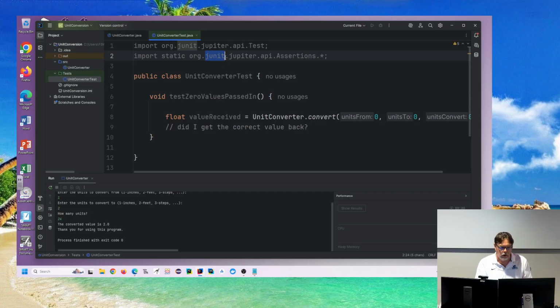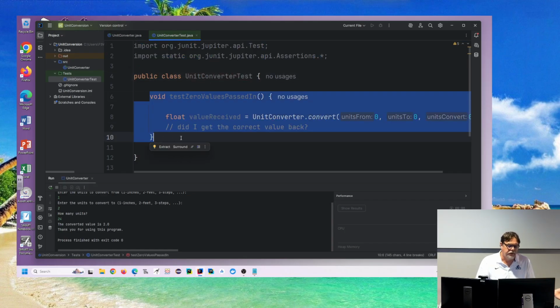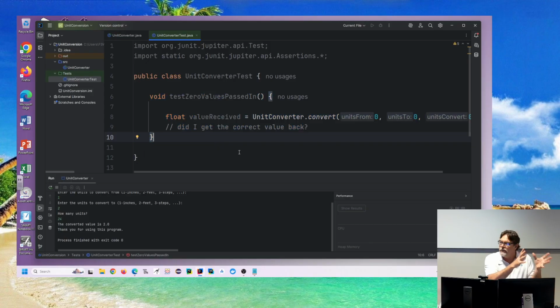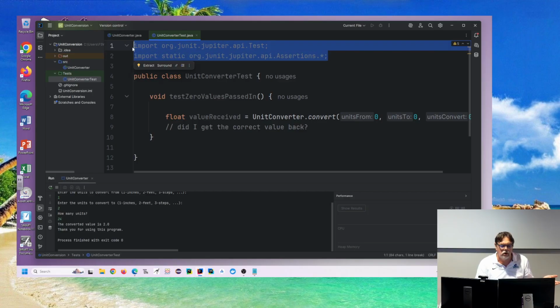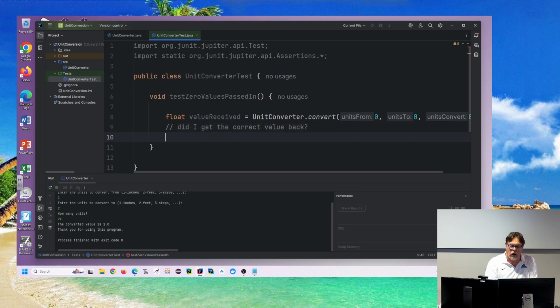Now it's there. But what these do, I wanted you to see that this is nothing more than a Java class with some functions in it that calls another Java class with functions in it. That's really all it is. What we get from these things up here is just some helper functions that are really convenient. Like, did I get the correct value back? Well, a nice way